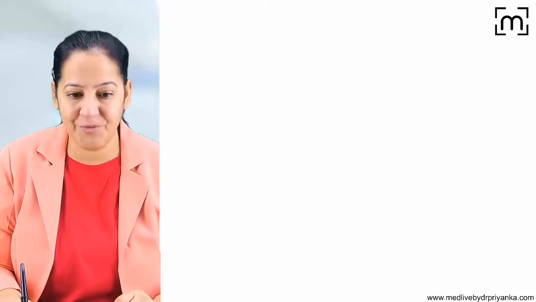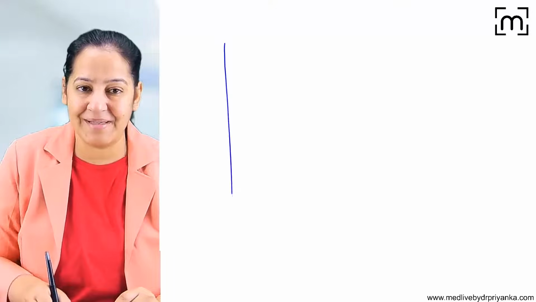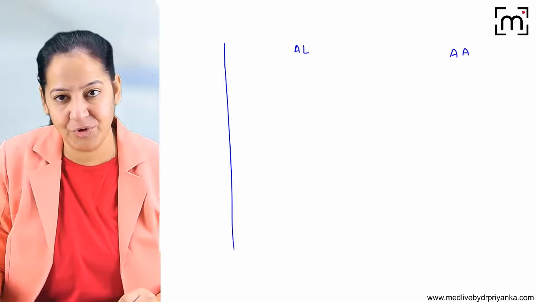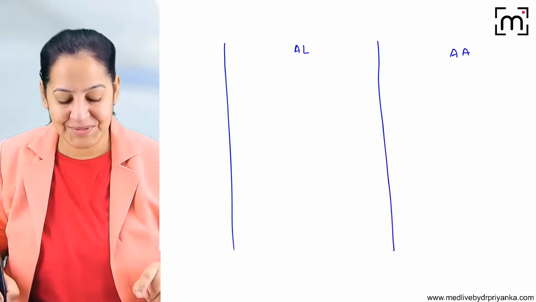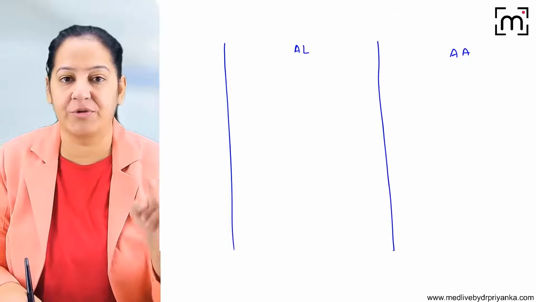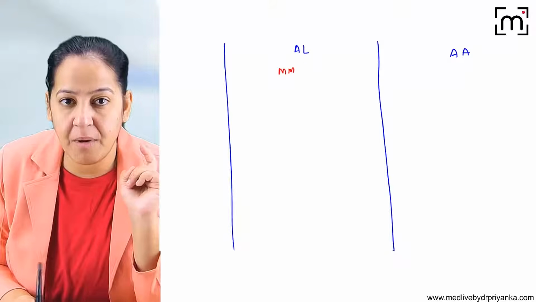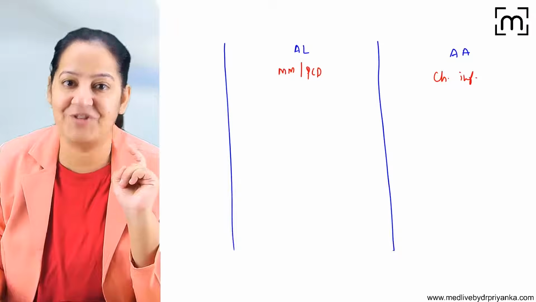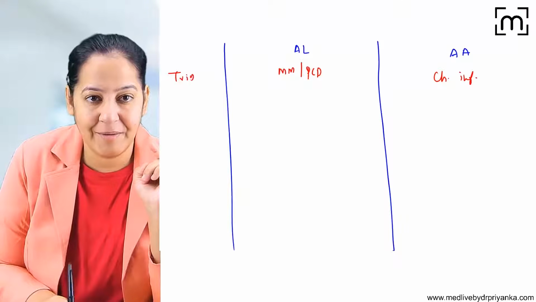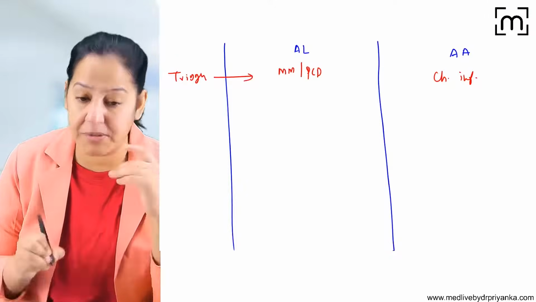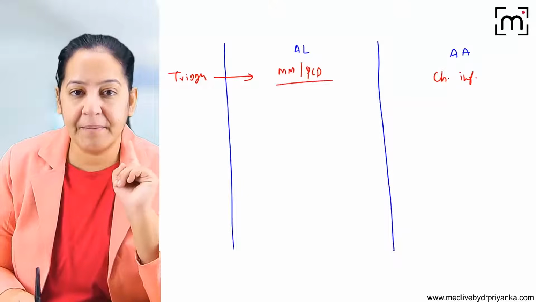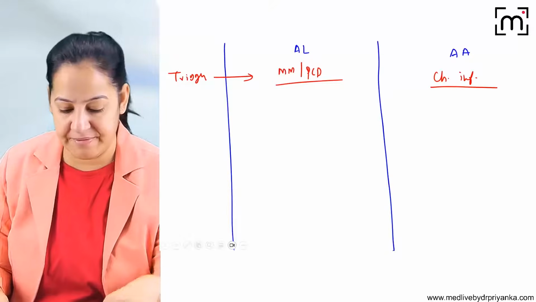So can we compare the two back to back? So please do the comparison of the two types of amyloid, AL and AA. Can you tell me the flowchart of both of them? So start with the trigger. You tell me the trigger of both of them. Here the trigger is multiple myeloma or plasma cell dyscrasia. Here the trigger is chronic inflammation. So that is the trigger or stimulus of both of them. Then what is happening? You tell me what is happening. Here multiple myeloma, plasma cell dyscrasia, here chronic inflammatory disorder.